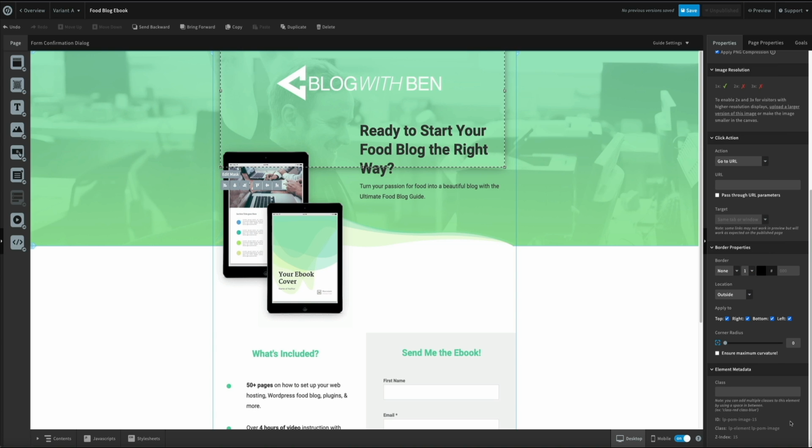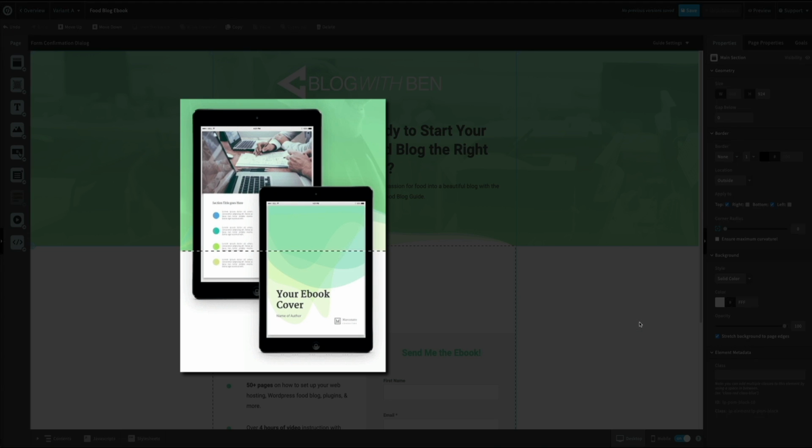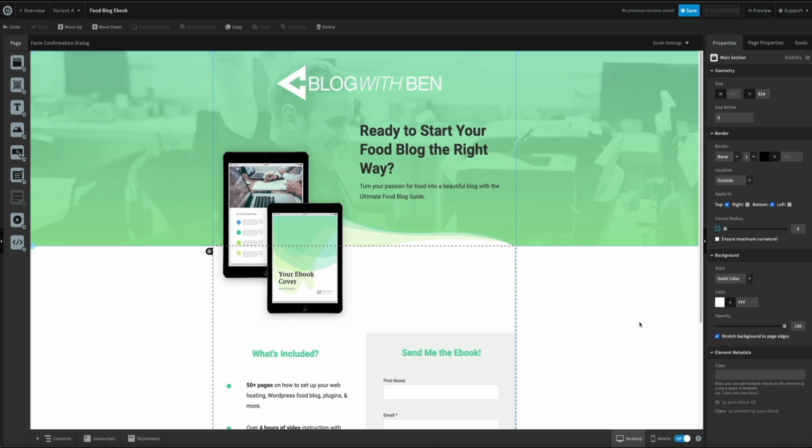Okay, next, let's swap out these placeholder images of the tablets and add an image that is more on brand. Now, this particular template uses 2 stock photos of tablets with some imagery of the sample ebook. Now, due to the fact that these images are full images, the only way I could remove that sample image of the ebook cover would be to manually do it in Photoshop. But for the sake of time, I'm just going to completely remove these images and replace them with an image